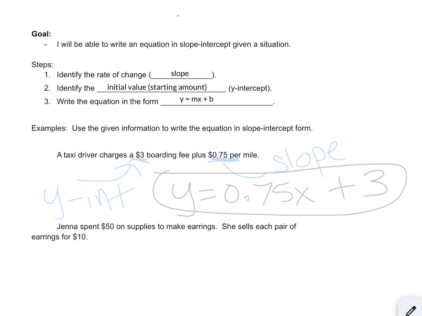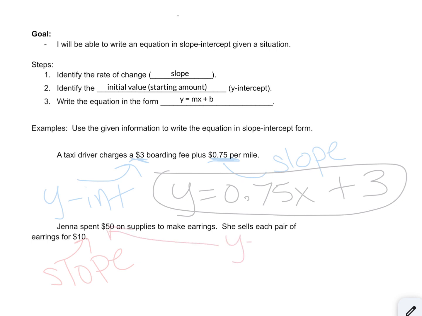Looking at the second example, it says Jenna spent $50 on supplies to make earrings. She sells each pair of earrings for $10. Again, to identify the slope, I'm going to look for keywords. In this case, I see the word each. That is another word that tells me that I have a rate. So looking at my problem, my slope, or rate of change, is the $10, which means that the y-intercept is